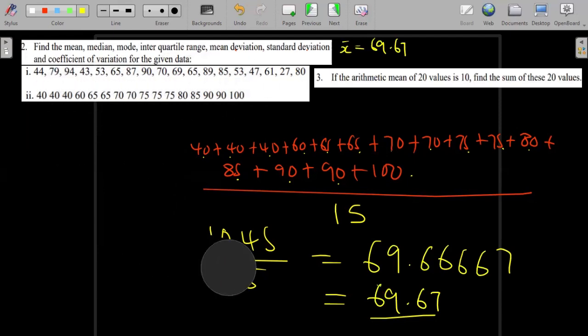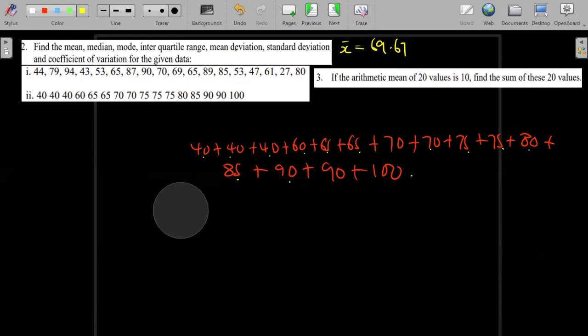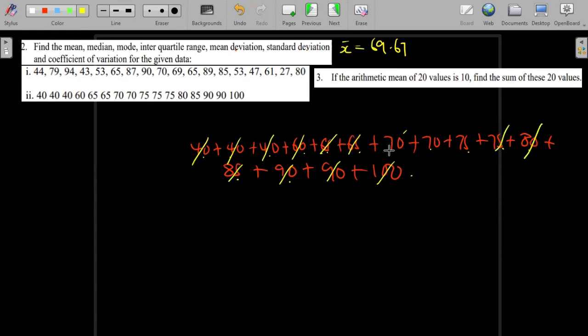the median. So the median, you need to arrange your data in ascending order. We see that our data here is already arranged in ascending order. So the median is the middle value. So you start canceling: cancel this one, cancel that, cancel this, cancel that, and so on. So I'm only remaining with what? 70. So it means the median is 70. So median is going to be equals to 70. All right, and then from there we can find the